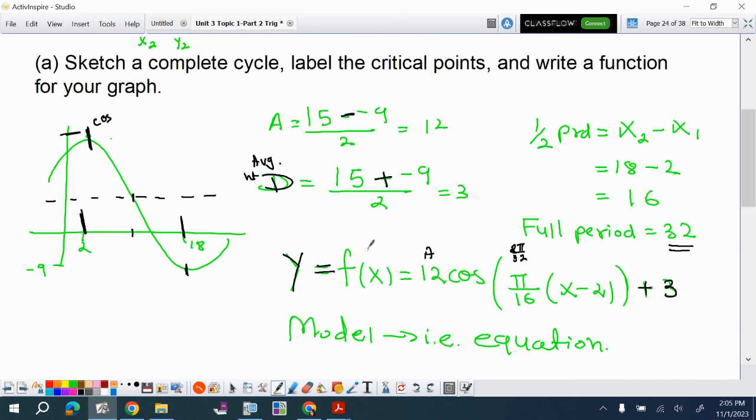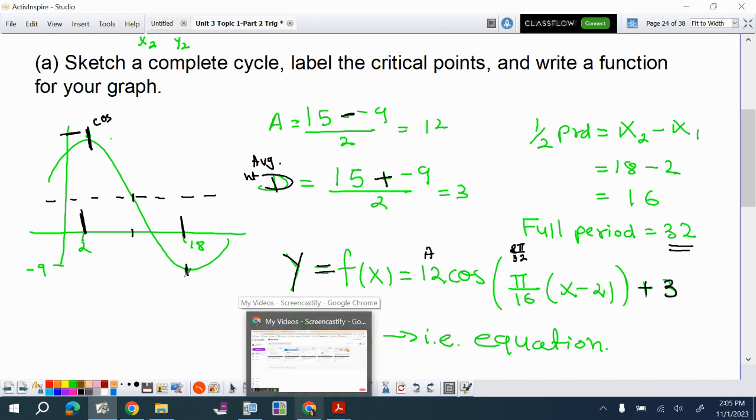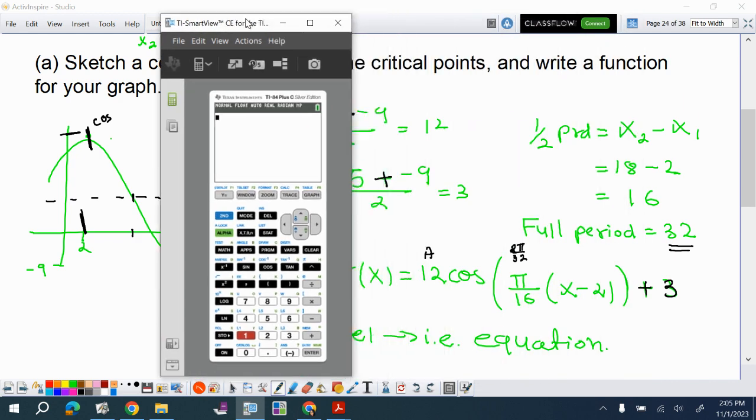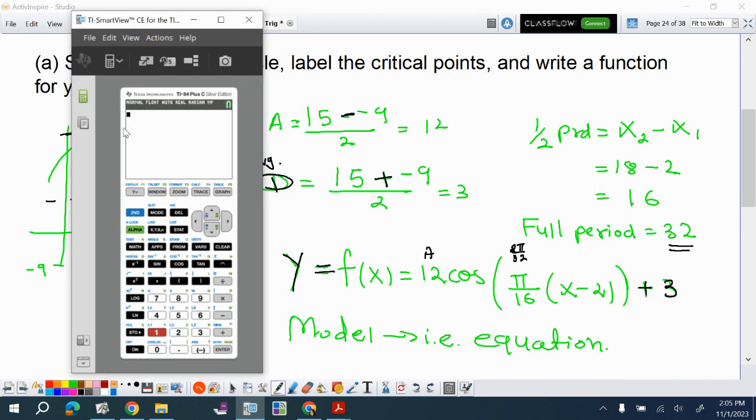Model means equation. So this is my model: 12 cosine pi over 16 times x minus 2, plus 3. Now to use it, we have to know how to use the calculator. So first of all, I'm going to show you how to enter this equation in the calculator. Check the mode of your calculator. Is it in radian mode? So come back, put y equal to